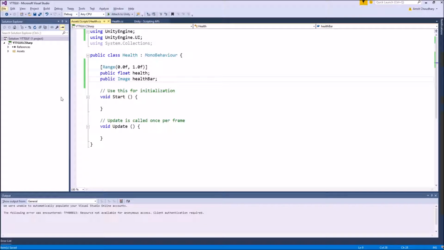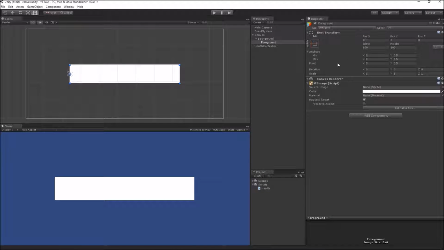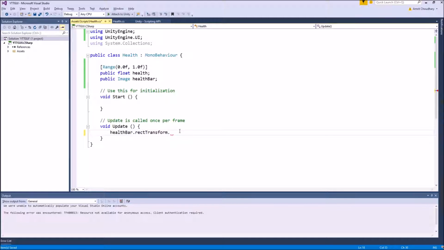After we have the information, we can directly apply it to the image using its rect transform. So we'll go to our health bar, get the rect transform, and to get the width and the height values, they are stored as sizeDelta inside our rect transform.